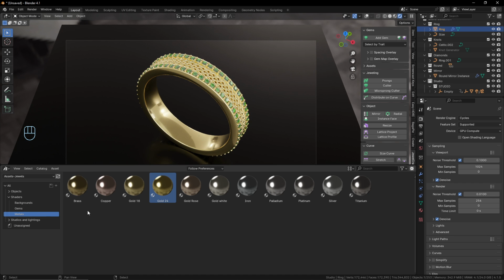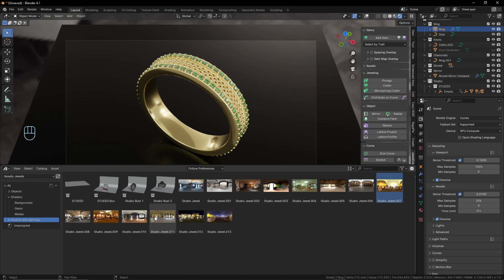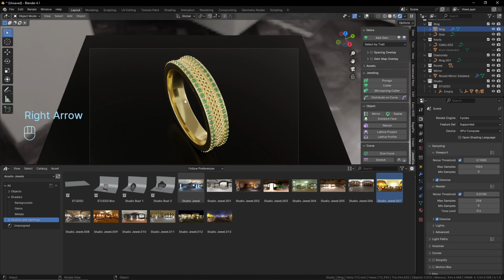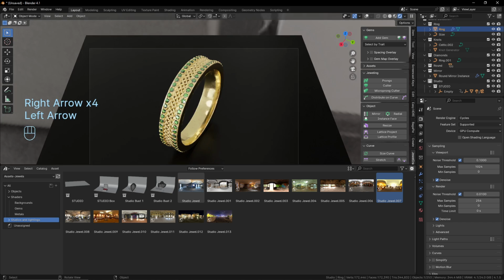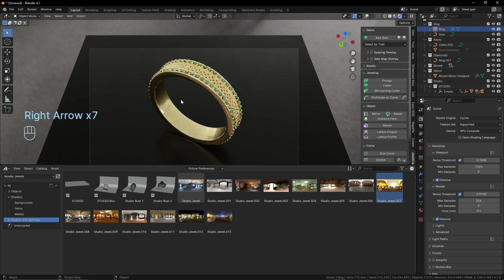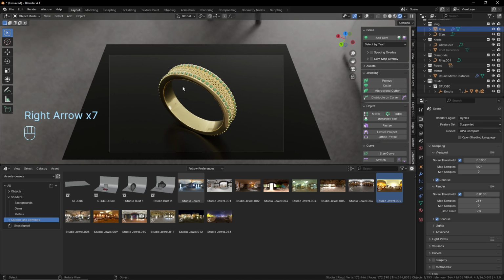And after, you just play around with the studios just to see if you find something good, okay? You can play with the rotation, just by managing the animation like that. So let's say I like this one, and after, yeah, just play around with the lights